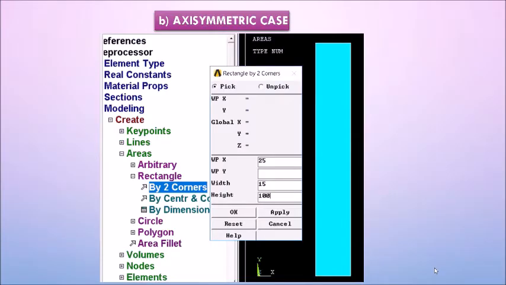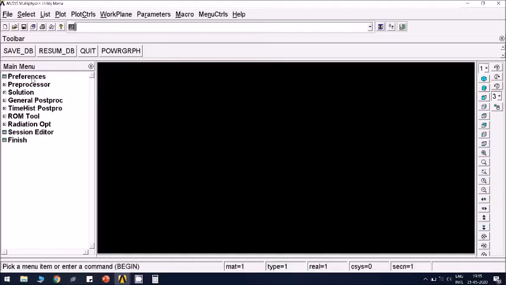Now let us try to solve this problem using the axis symmetry case. For axis symmetry, you need to model the section of the cylinder, and always the axis of the cylinder should be the y-axis. Whenever you are modeling an axis symmetry case, your section should be symmetric about the y-axis. That is a rule in ANSYS APDL. So we need to model a rectangle now, because for a rectangular section, when I revolve about the y-axis, I get the cylinder. But here the length of the pipe is not given, so I am assuming a length of 100 mm here. But the inner radius is 25 mm and the width is nothing but the wall thickness. So I have to generate this now.